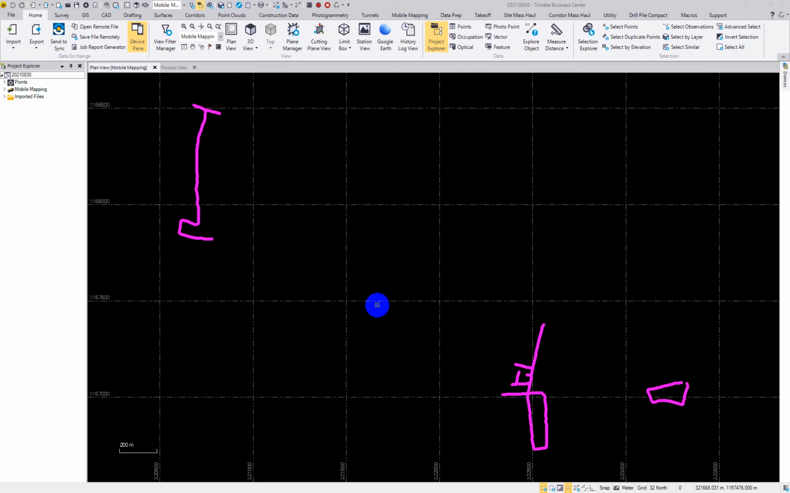Okay, so the next thing for us to do now is to export this data, because as I said, we are trying to separate the picture from the run, right? So first of all, click on the mobile mapping. We have an arrow here. Click on it. Click on the first run and then hold your shift and click on the last so that you can select the whole run. Then you go to